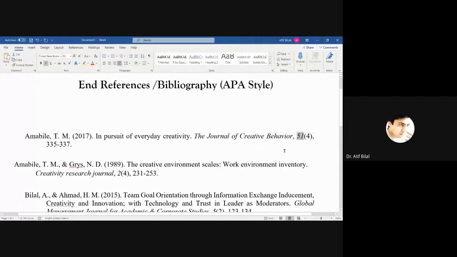Now, in 1 year, a journal may publish 1 time, 2 times, maybe 12 times, maybe more than 12 times, or maybe 3 times, maybe 4 times. For example, we get a newspaper almost every day.